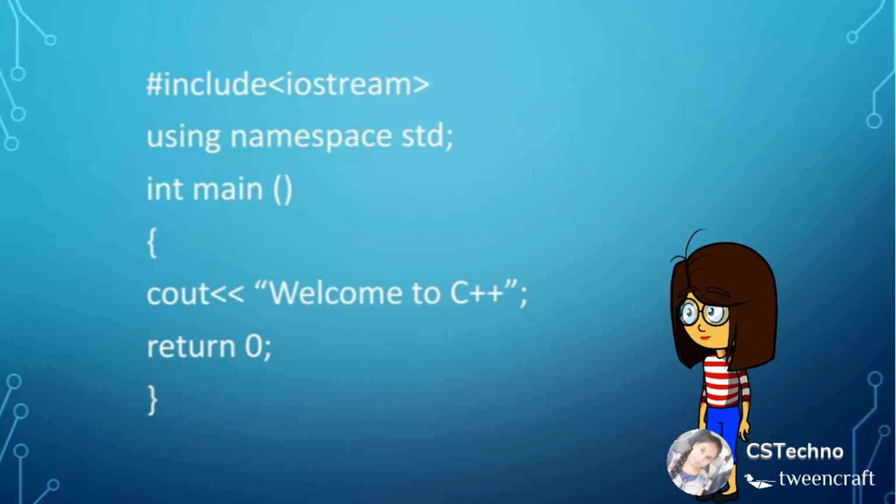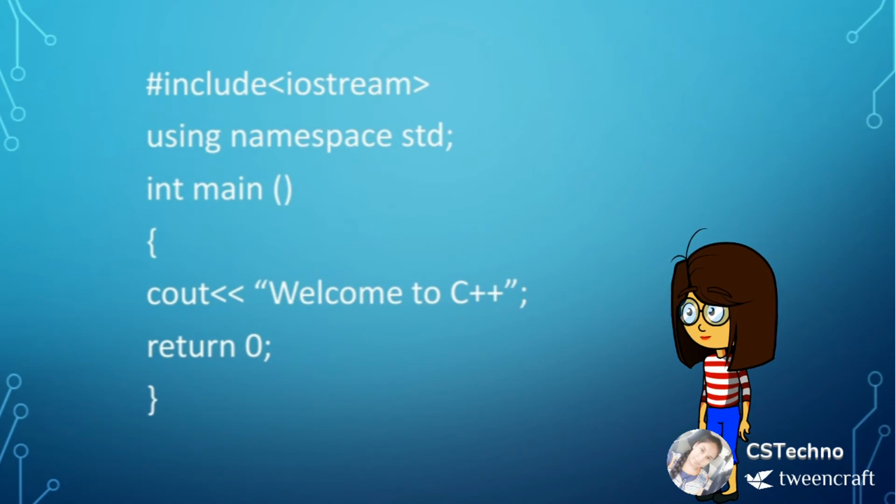The next line, using namespace std, tells the compiler to use the standard namespace. It's a new concept introduced by the ANSI C++ Standards Committee. ANSI is an abbreviation for American National Standards Institute. This namespace collects the identifiers used for classes, objects and variables.